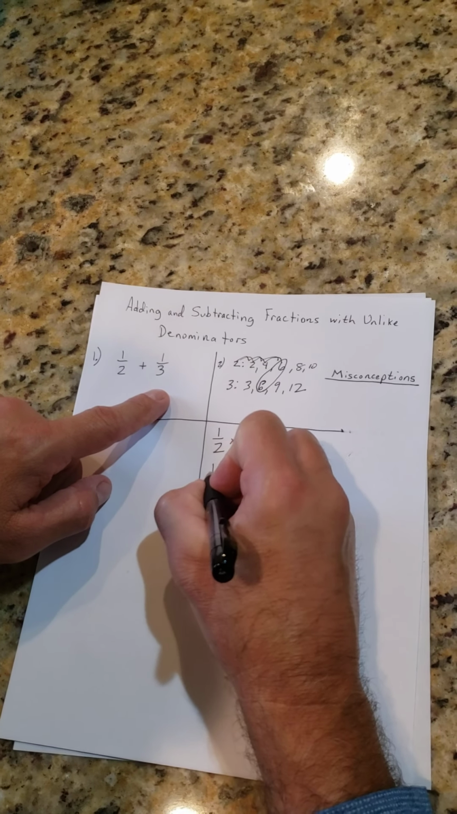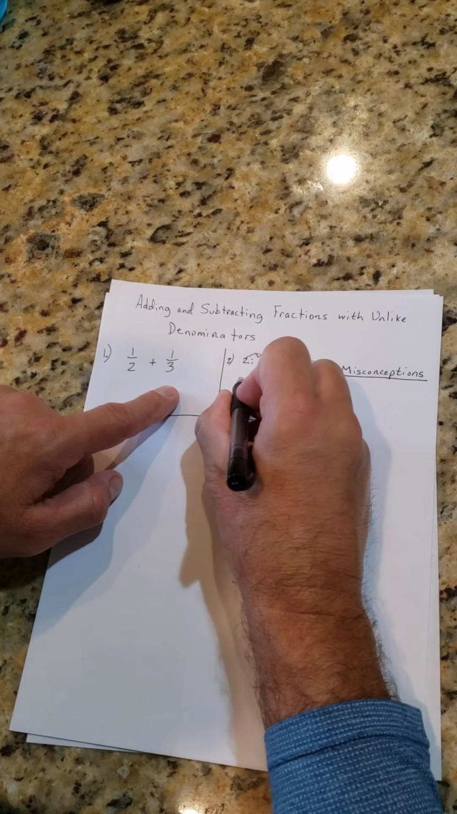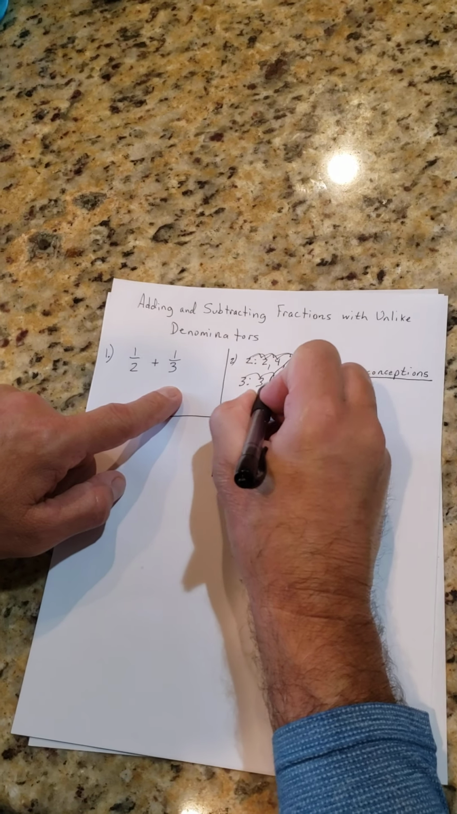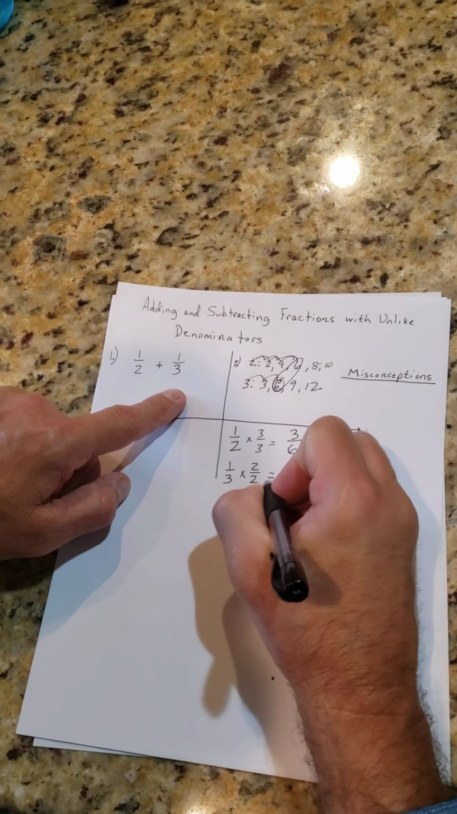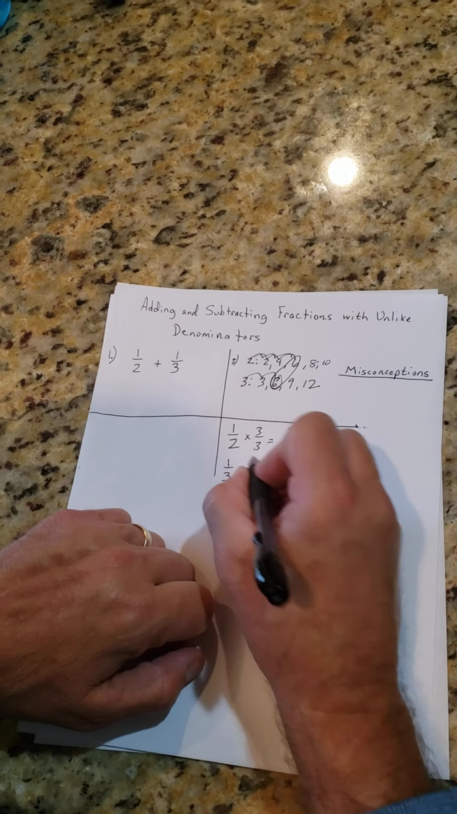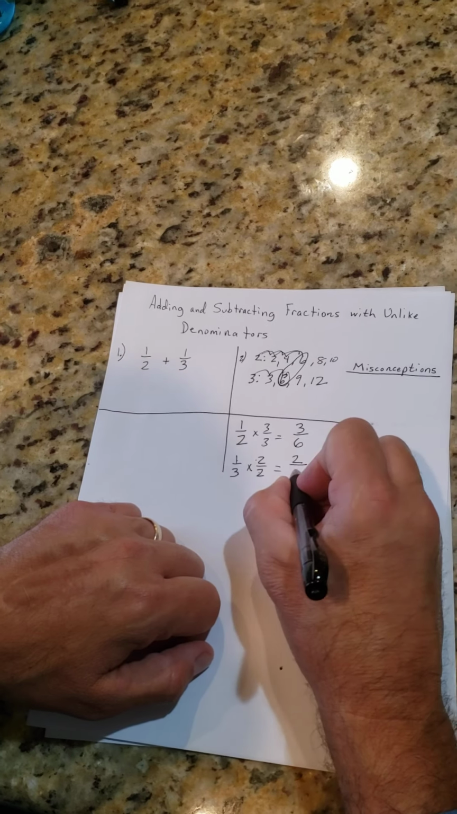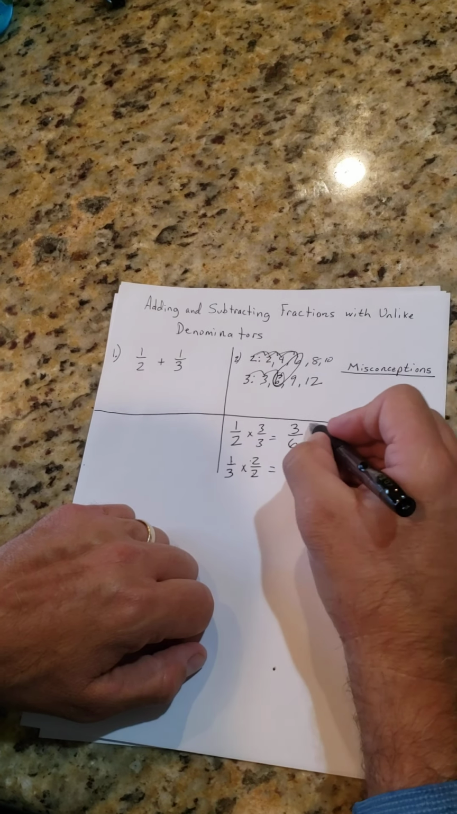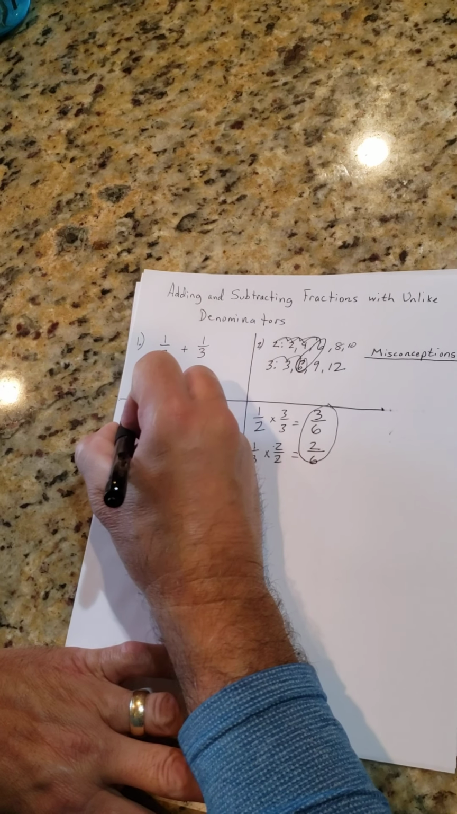Now I've got to rename the thirds here. So I'm going to take 1/3. I'm going to multiply by the second multiple here, so I'm going to multiply by 2 over 2 to find and rename my new fraction. 1 times 2 is 2. 3 times 2 is 6. Now I have renamed my fractions, and in the last quadrant,